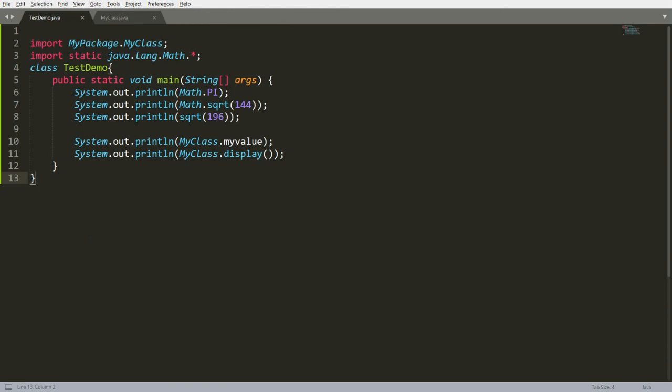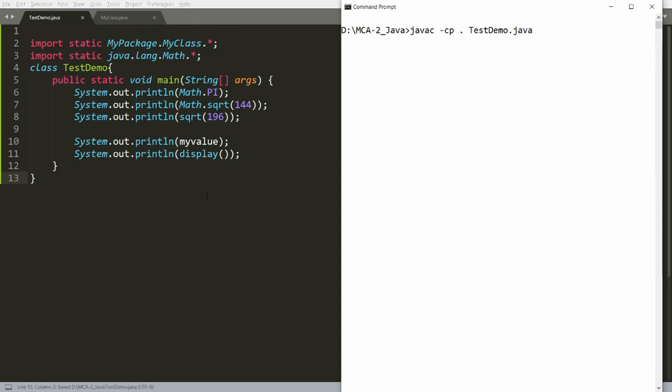If you want to do like this, then you can import your own package also statically. So whenever you import your package statically, you can access the static member directly without writing the class name. I don't need to write here myclass. But before this, you need to set over here, that is what? import static mypackage.myclass.*. So your static members declared in the myclass will be imported over here. You don't need to write the prefix myclass.